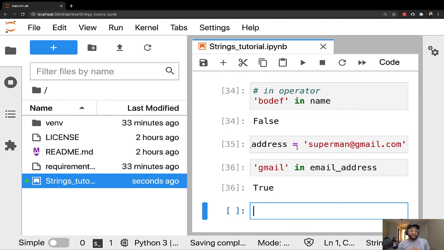So let's say you just wanted to get people's Gmail, or you wanted to separate Gmails from Yahoo Mails or whatever you want to do. You can easily just use this in operator to check if